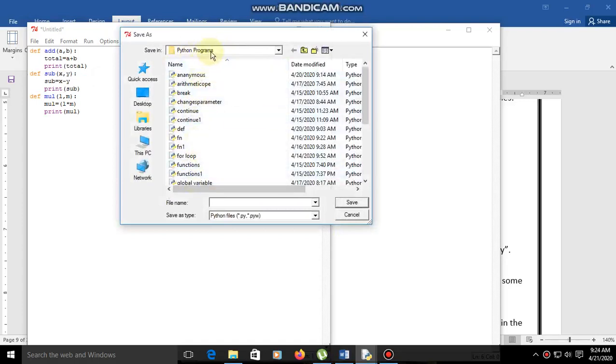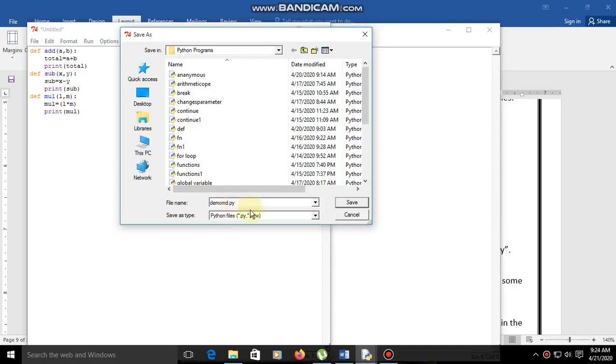You should store all the programs in one folder when you are creating them. So here I'm giving this name as demo md.py. Don't forget this demo md.py.